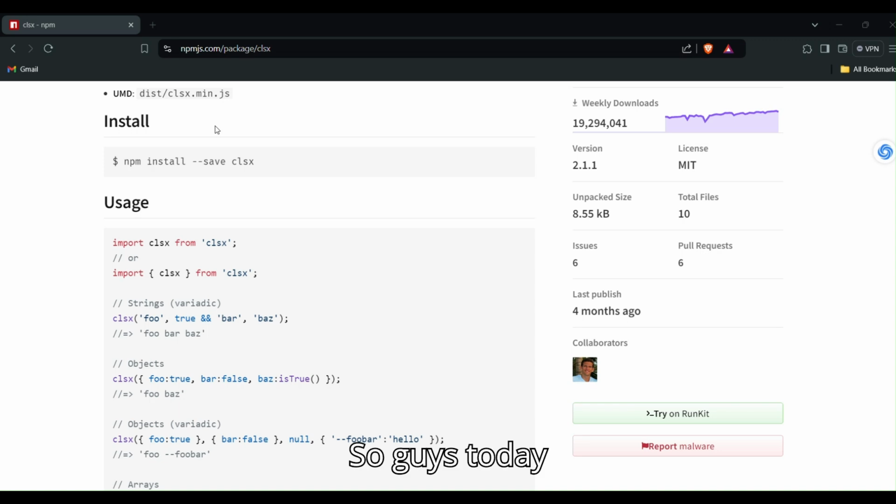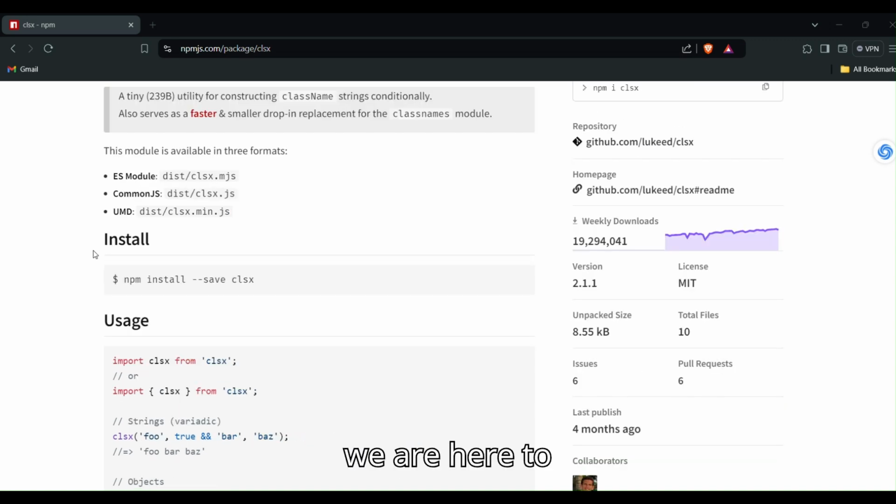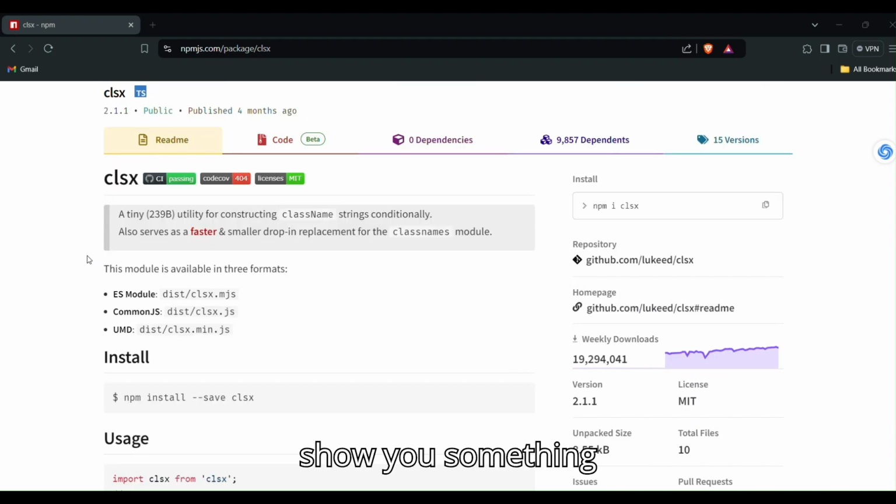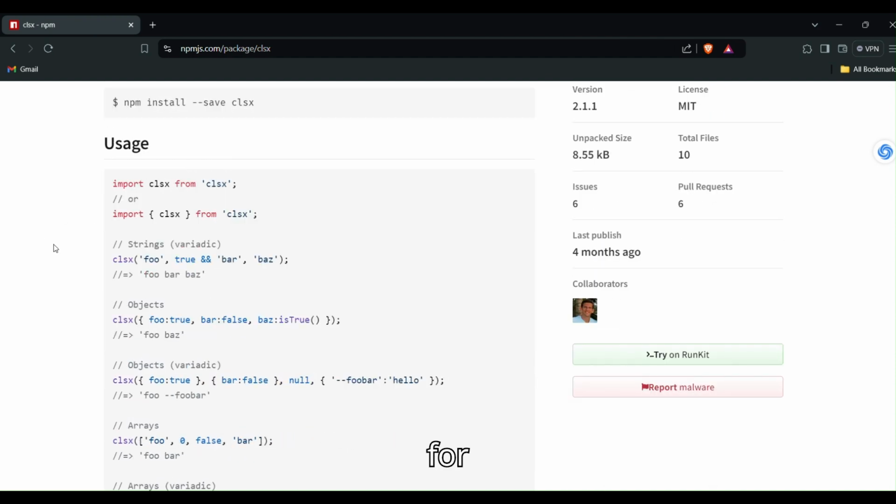So guys, today we are here to show you something. So this is a library for like